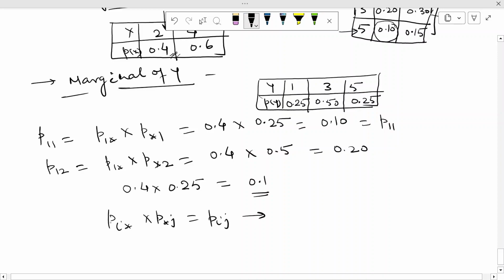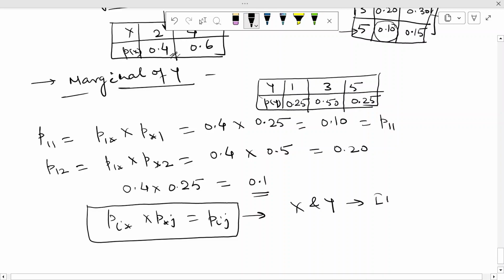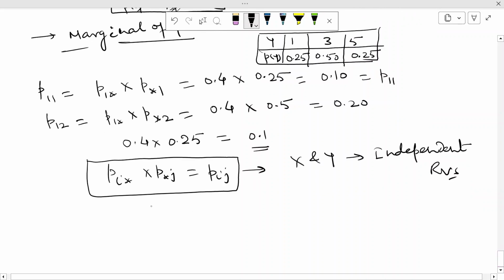So for this particular problem, this property holds. You can easily check. So due to this, we can consider x and y as independent random variables. So this is how we can check the independence of two random variables which are taking discrete values, or you can say two discrete